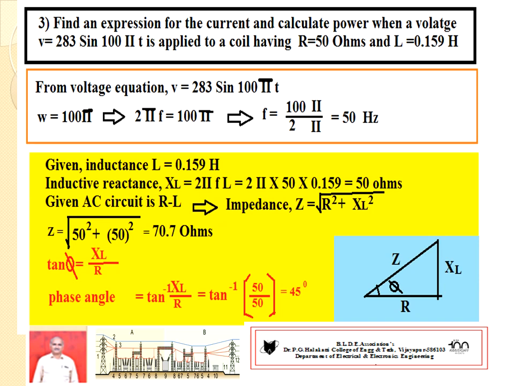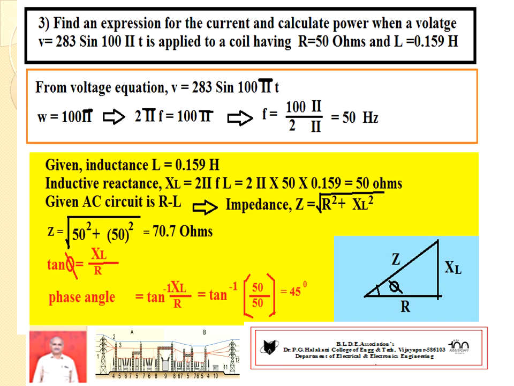So again you identify the circuit. Which type of circuit? RL series circuit. Here they want the current expression. What type of current expression should we get? You should know the general form. Applied voltage V equal to Vm sin omega t, then I equal to Im sin of omega t minus phi. You have to remember the general expression.